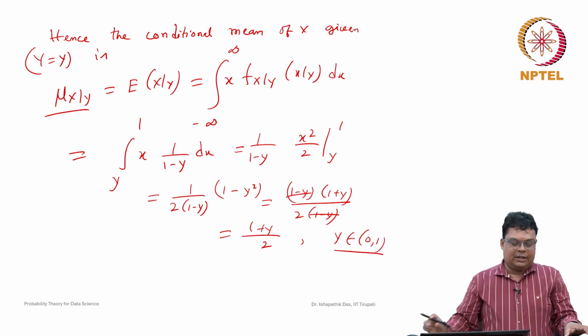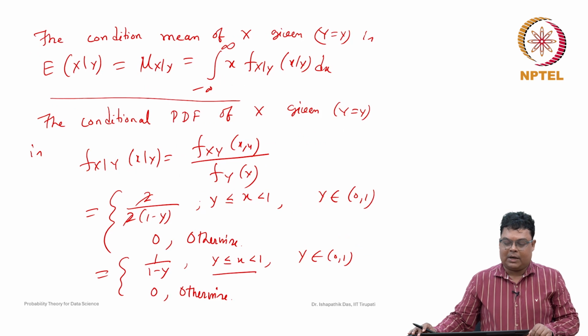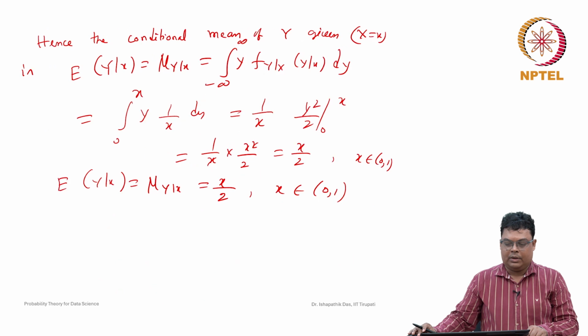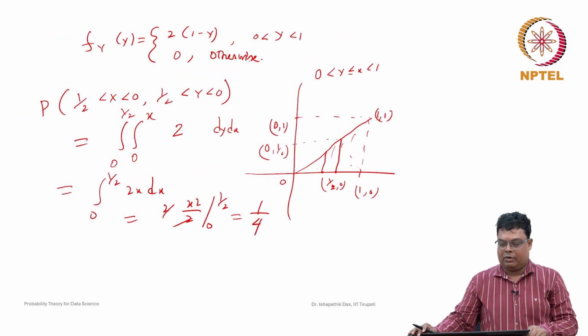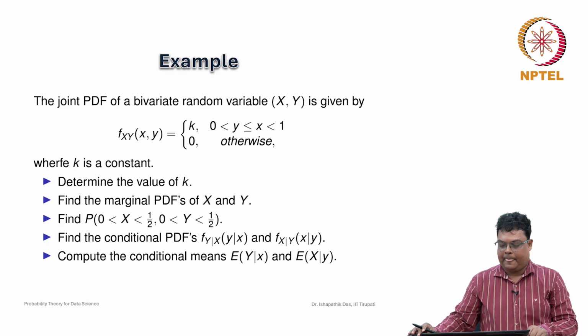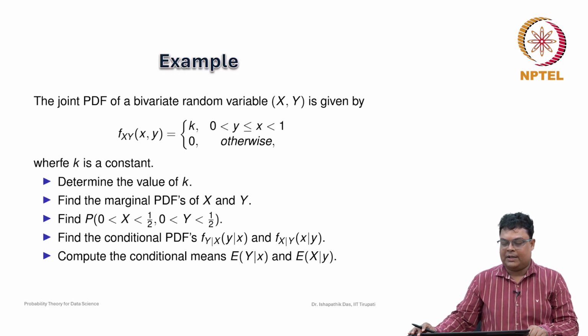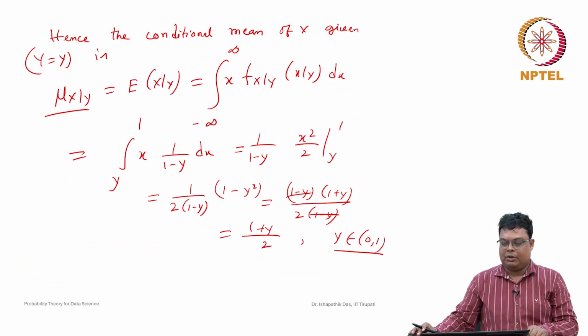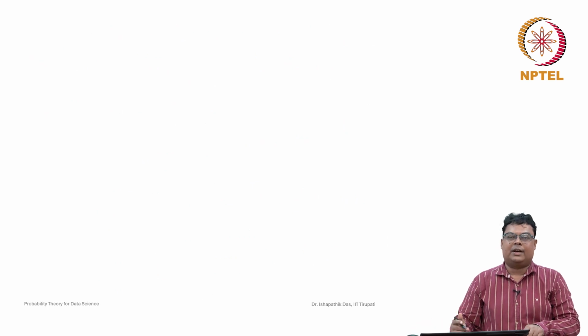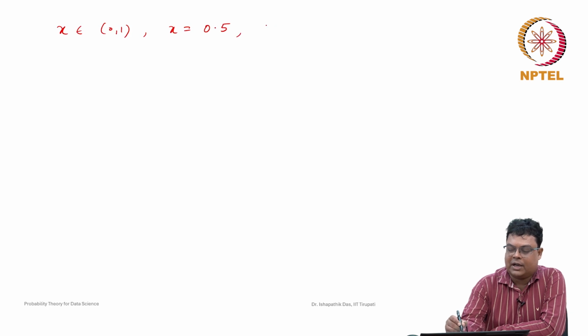This is the mean. This conditional mean is also a function of y. In this question the variance is not asked, but similarly we can find the conditional variance also. For discrete cases we computed sigma square. Suppose x is between 0 to 1, suppose x is given as 0.5, and it is asked to find